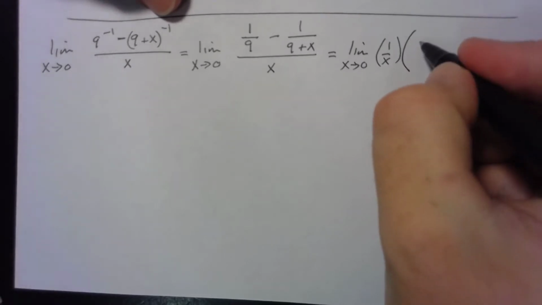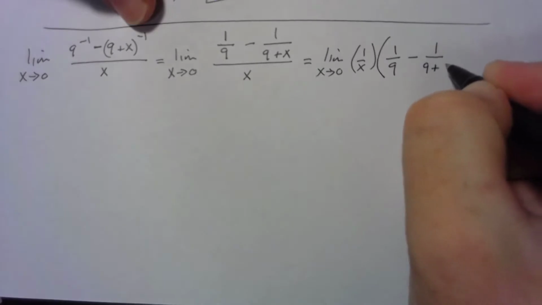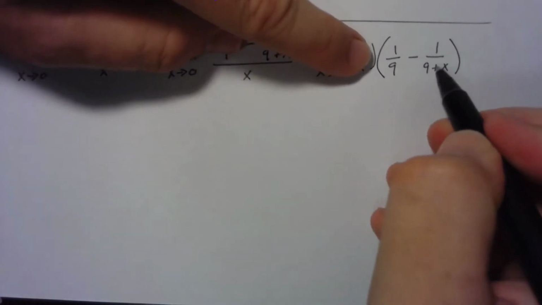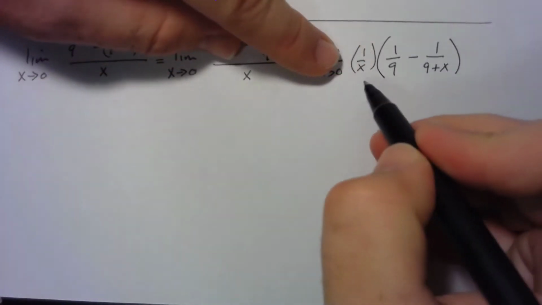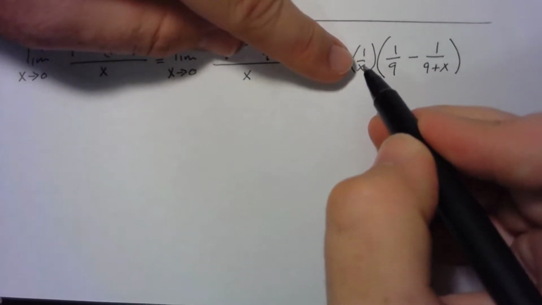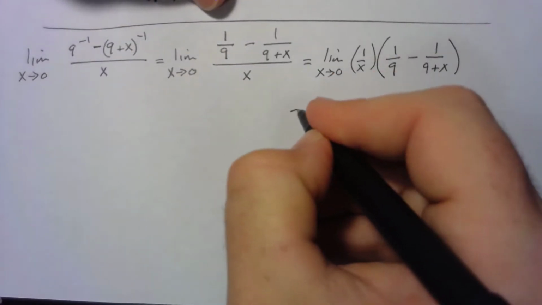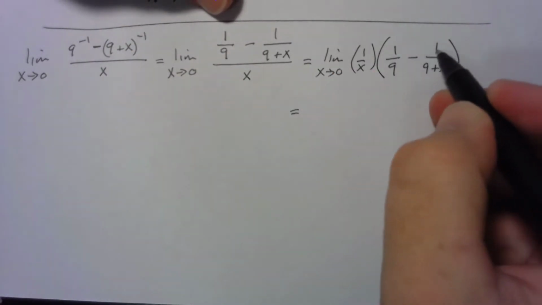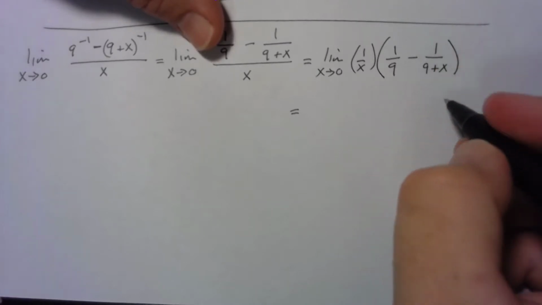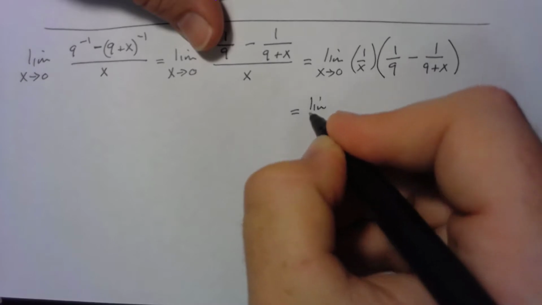But moving it off to the side gives me the ability to look at it like this, such that I can see that I need to find a common denominator between these two terms. And again, I'm not touching that x in the denominator, because it has to cancel out for me to be able to plug in x equals 0. So, I'm now going to find a common denominator between these two pieces. That common denominator is 9 times 9 plus x, meaning that this limit becomes the limit as x goes to